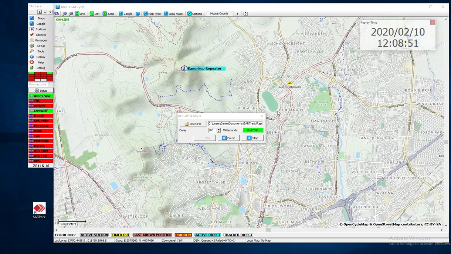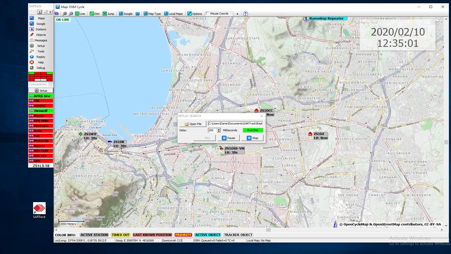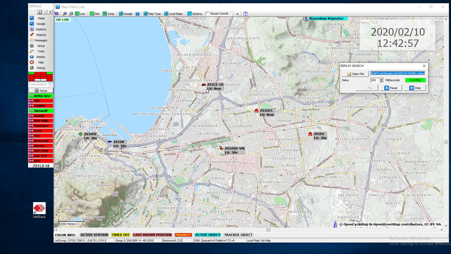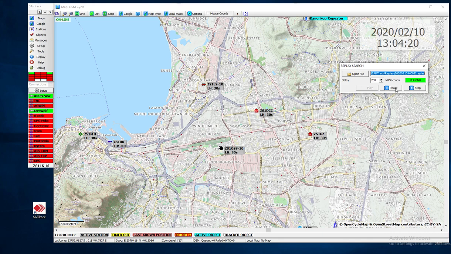I could zoom out, and if there are some vehicles, so we're now at 12, it's about 3-4 hours ago now. If you move down here, you could see that vehicle's not moving. I think this truck, let me just check. Yes, he's doing about 3.7 k's an hour. And at any time you could just pause it or stop it or whatever you wanted to do. But this will be the playback, so you can play back your whole operation as well, and go and have a look at a particular point in time and see what vehicles were where and what had been going on. So let me just stop that,